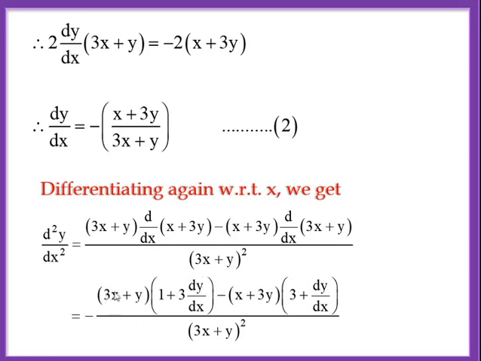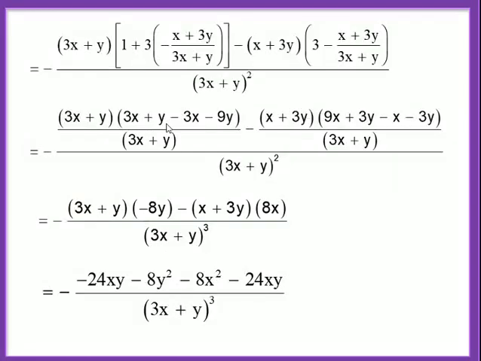So 3x plus y, what is derivative of x plus 3y? 1 plus 3 dy dx. What is derivative of 3x plus y? 3 plus dy dx. Now in the next step, again we have to replace dy dx by what? Minus of this. See, a lot of donkey work is there. Yes, minus sign is there again. Good. Now find LCM and simplify patiently, and you will notice that numerator comes out to be this.